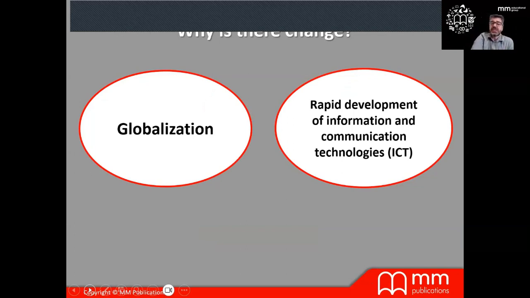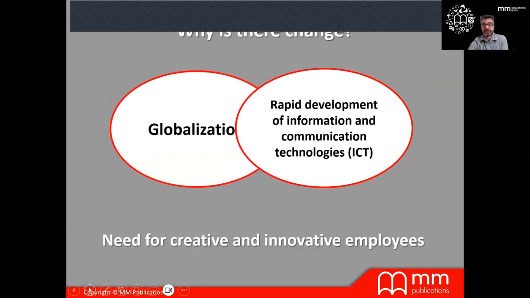And why is this change taking place? Well, because of globalization. It's a big world, but with technology, everything is getting smaller, in quotation marks. And also because of the rapid development of communication and ICT, all of this is bringing about great changes.